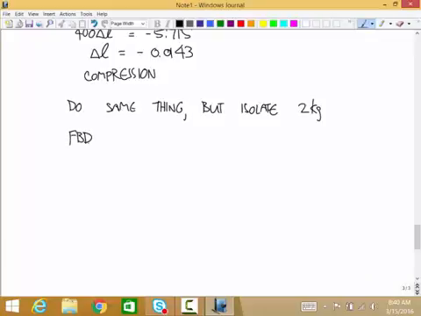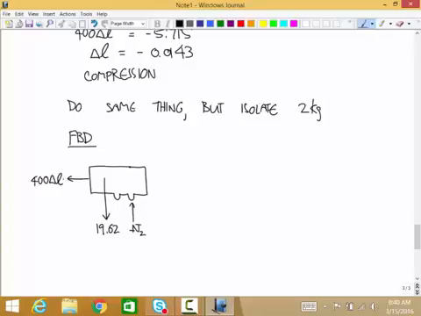So, free body diagram of the 2 kilogram block. So we have the weight of 19.62, the contact force with the ground, the normal force, I'll call that N2. And then we have the force going to the left of 400 delta L. So Newton's second law says